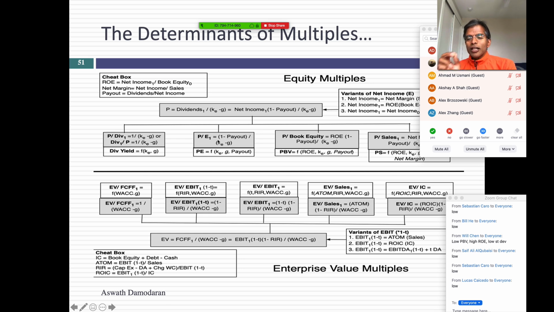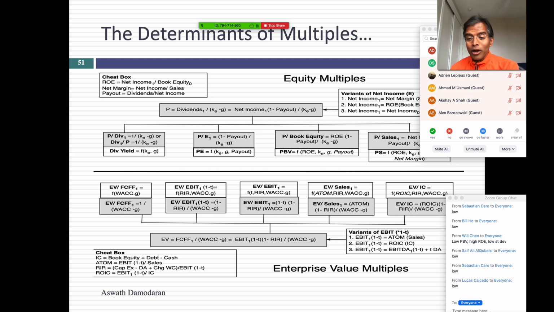The only reason I use the equation is once I've got the equation, I can use it to determine what variables matter. So it's an intermediate step to derive the variables, and once I've derived them, I throw the equation out. Because remember what we said with PE ratios, I can make this a multi-stage high growth company, the variables are not going to change. So the nice thing about using a stable growth model is it gives you the variables and you can now use those variables for a high growth company with 7 stages of growth. Okay, so you're using these variables, like you can use them either in a regression or just